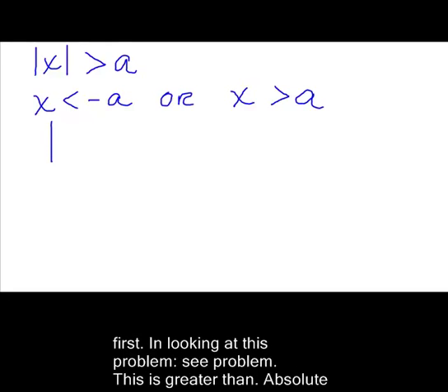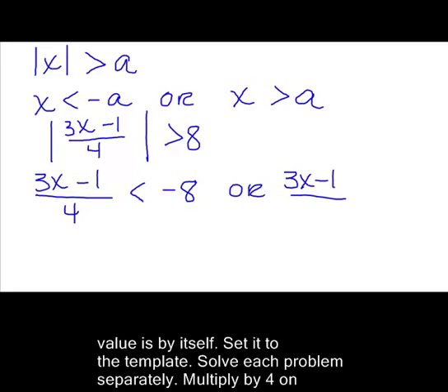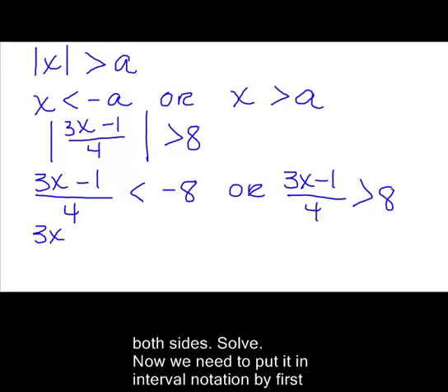In looking at this problem, this is a greater than problem. Our absolute value is already by itself, so we take the thing that's inside the absolute value, we set it less than the negative of the 8, greater than the positive of the 8, and then we simply solve the equation by multiplying by 4 on both sides